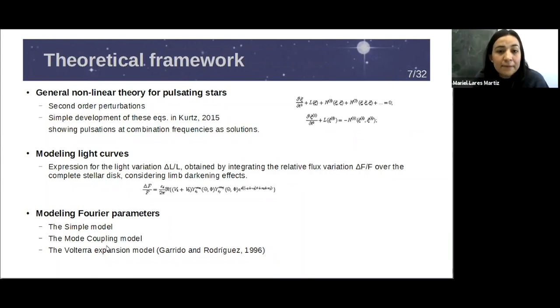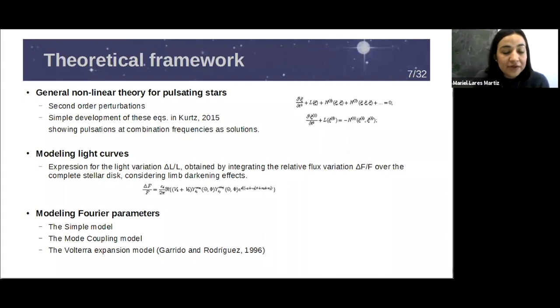Nonlinear light curves could be described by the second and higher order perturbations of the stellar structure equations. In 2015, you can find a very quick and simple way of how second order perturbations can present or show combination frequencies, cross terms of the eigenfrequencies or harmonics of the eigenfrequencies as solutions of such equations. But we don't know if these cross terms are really what we are obtaining